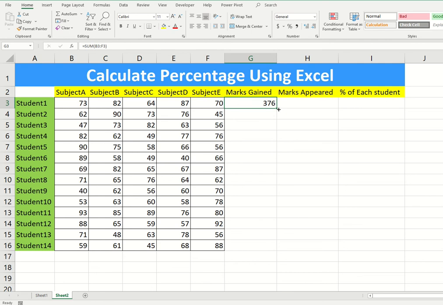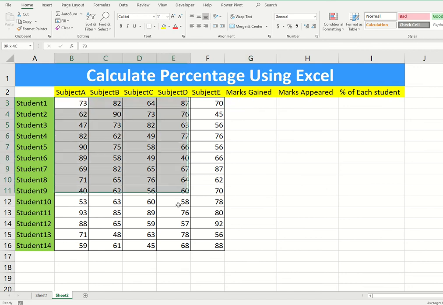We can drag and drop the formula so that it gives each student how many marks he has gained. And one more method that we have already seen is auto sum. We can select the auto sum directly here, that will give you the summation of all the subjects.